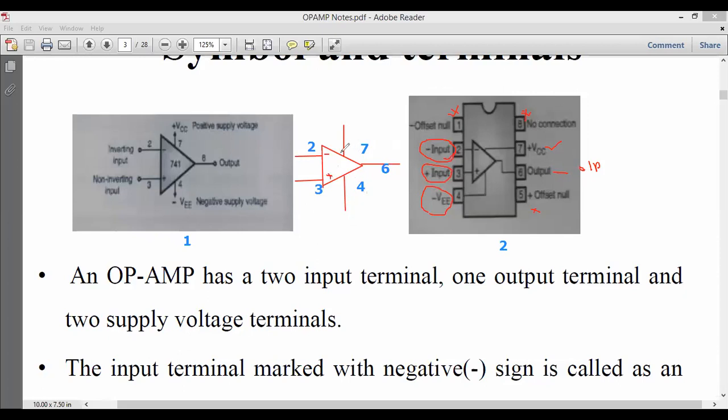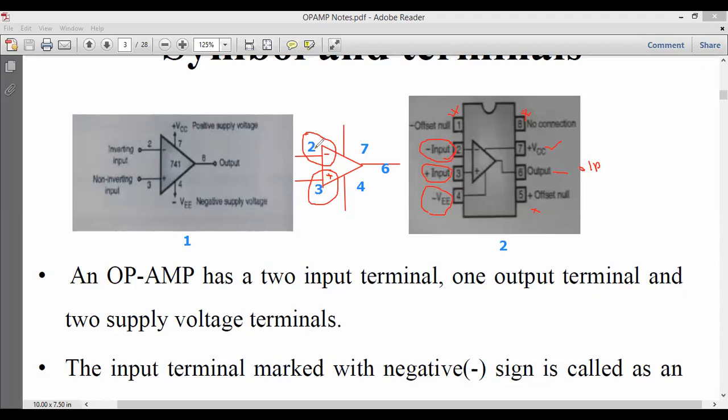Here again, pin number 2 is represented with minus and pin number 4 is represented with plus. Now, one thing I want to tell is pin number 2 is an inverting input terminal of the op amp. The inverting input terminal of the op amp is always denoted by the symbol minus. So whenever the minus comes with the terminal, it means that it is an inverting input terminal. And pin number 3 of the op amp, you should say, is the non-inverting input terminal, and pin number 2 is the inverting input terminal of the op amp, right?